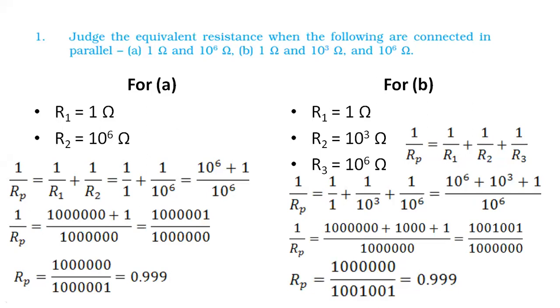So you take the screenshot of this. It's a very simple calculation. Just have to do is take the formula, put the values, take LCM, and do the rest division. But make sure you are taking the reciprocal at the end. Some students calculate this answer and they forget to take the reciprocal. Do not do that mistake. It's the simplest silly mistake students do in 10th standard. Okay? Do not do it.